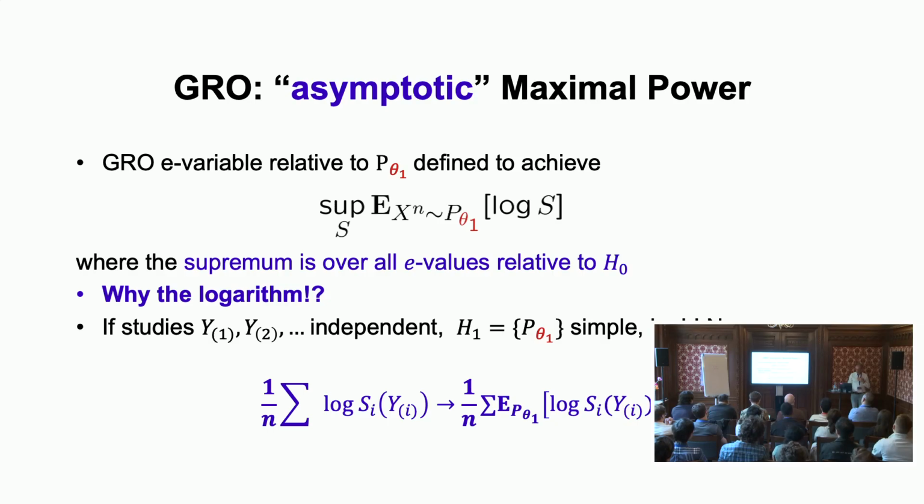There's a better way, which says that, if you look at what happens if you get a lot of data, let's say we do this again on the batch. We get different studies, and we're going to multiply the e-values. So multiplying e-values means adding the logarithms. And because we add things, we can work with the law of large numbers. The law of large numbers tells us that the normalized sum, the average, will go to its expectation. So if for every batch we take an e-variable and look at the average of the log in the long run, it will go to the expectation.